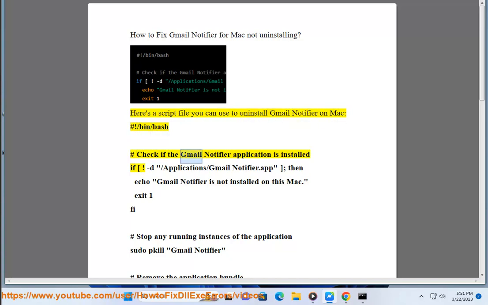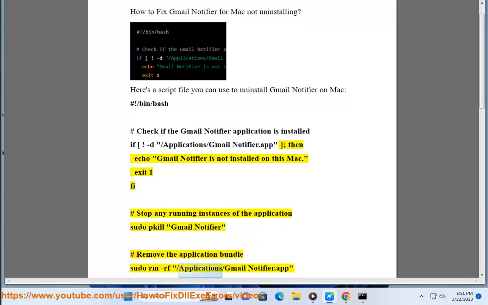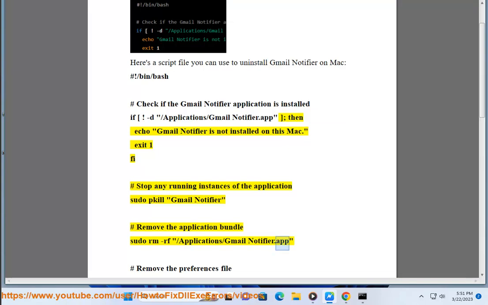#!/bin/bash # Check if the Gmail Notifier application is installed. if [ ! -d "/Applications/Gmail Notifier.app" ]; then echo "Gmail Notifier is not installed on this Mac." exit 1 fi # Stop any running instances of the application: sudo killall "Gmail Notifier" # Remove the application bundle: sudo rm -rf "/Applications/Gmail Notifier.app"